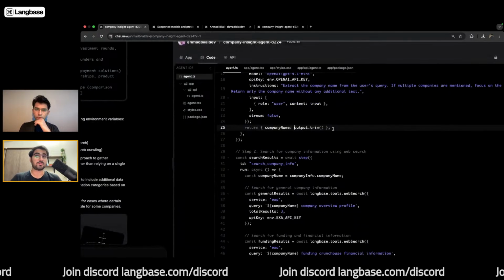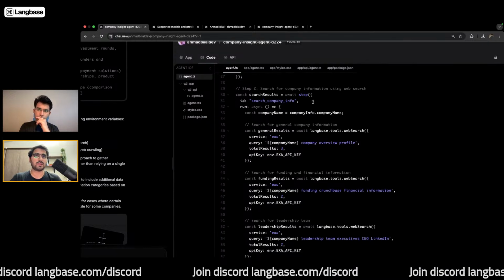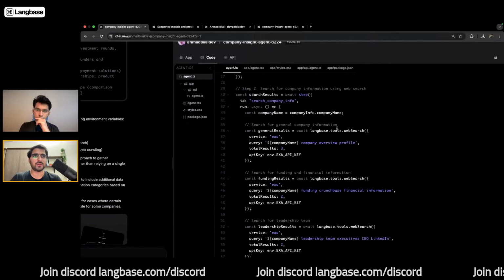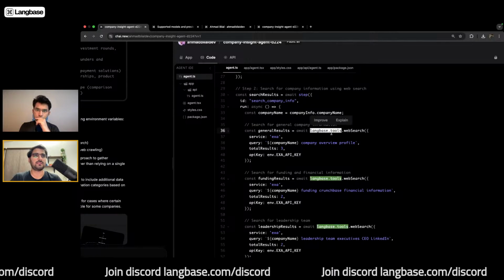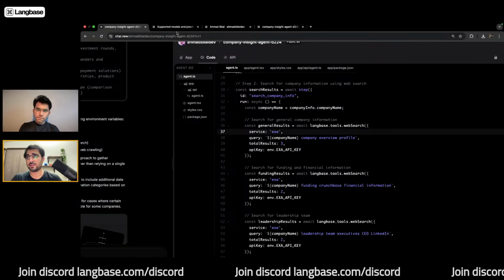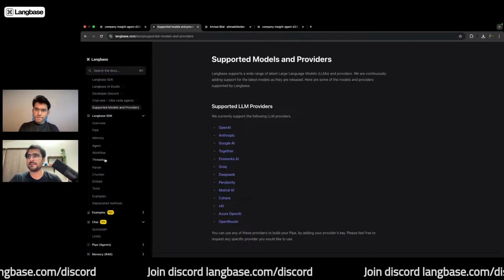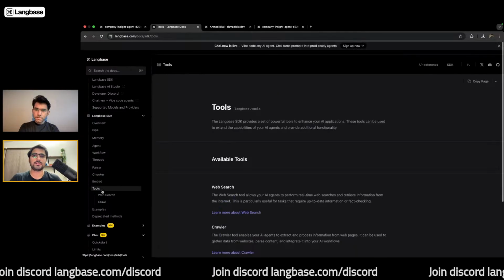Then it goes ahead and uses that company name to search for it. This is where it uses the language tools primitive, and within it, the web search. Let's jump to the docs again and take a look at the tools primitive. There you go, web search.